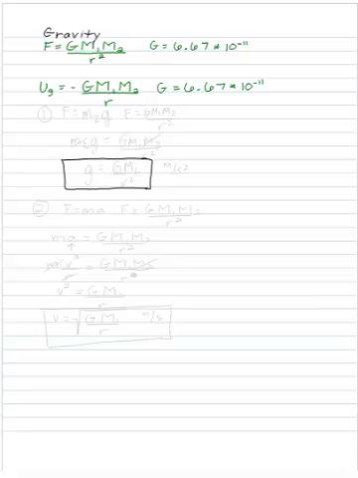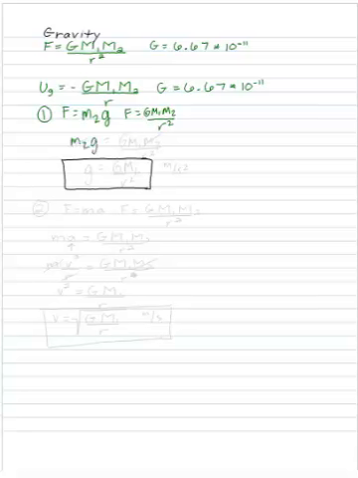The first equation is derived from the formula F equals G times M1 times M2 divided by R squared, and it's the gravitational pull. Since we know that force equals mass times acceleration, we know that force is equal to the mass of the object times the gravitational acceleration, and we know that force also equals G M1 M2 over R squared. So we can set these two equal to each other,